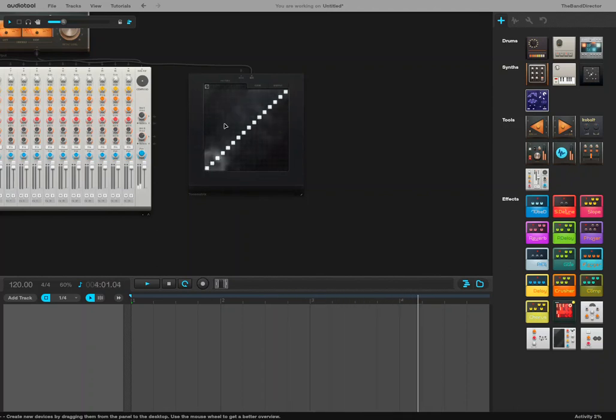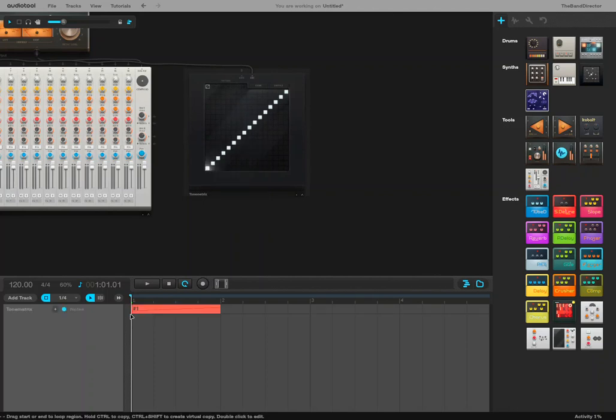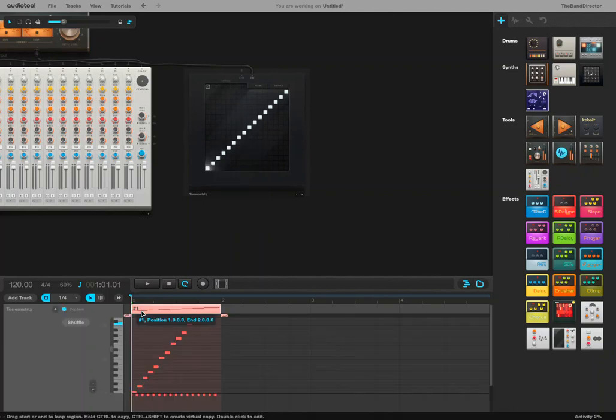You create a pattern that you like. You can then add it into your timeline. I'm going to go ahead and hit stop on my play, and then right click on the border. You can't right click on the buttons, but right click on the border and you'll get copy pattern to track. And now you have in here, you can double click here and it'll show you what you created on a piano